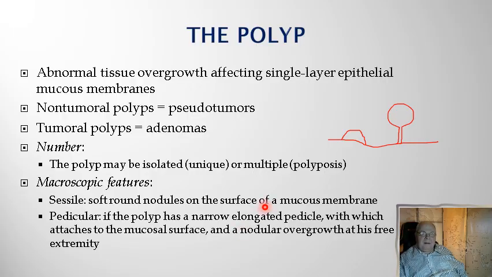These polyps are, as I said, sometimes adenomas, and they are called in this situation adenomatous polyps or tumoral polyps, and they have a risk for malignization. The non-tumoral polyps are pseudotumors, are in fact some sort of malformations of the mucosa itself or hyperplasias, and they don't have any risk for malignization, but the other ones look in the same way.